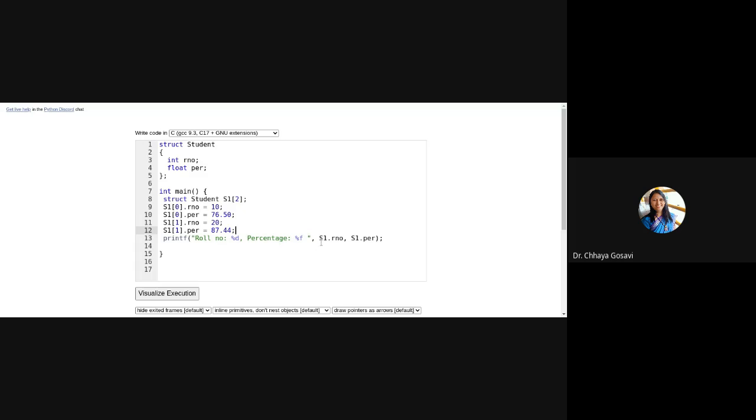So if I want to print it, here also I need to use indices. Or I can use a for loop for the number of students, and there I can accept values from the user and assign them to this structure, or I can use this for displaying values.